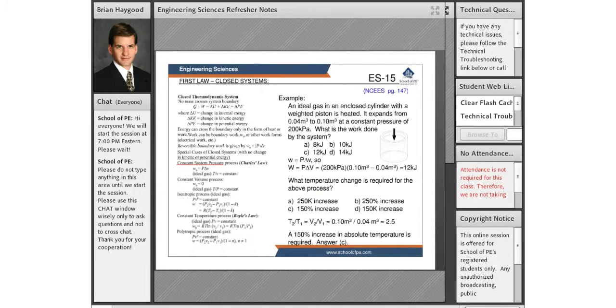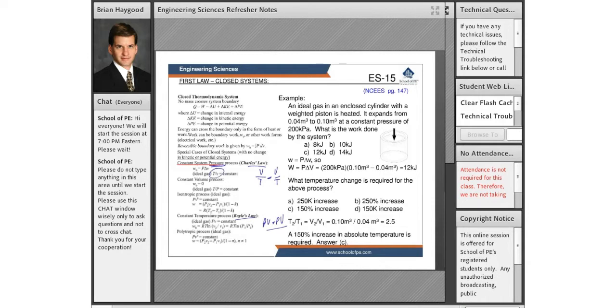The next section, on page 147, discusses this idea of Charles's law and Boyle's law. All these do is talk about the idea that constant pressure means V over T equals V over T. The pressure's canceled out of our favorite equation. Or for constant temperature, we'll call it Boyle's law, and PV equals PV. That's Boyle's law and Charles's